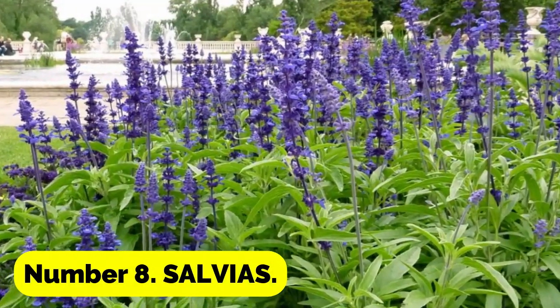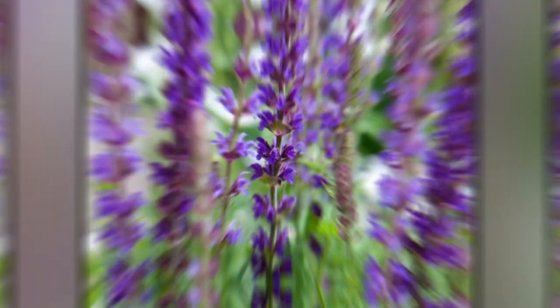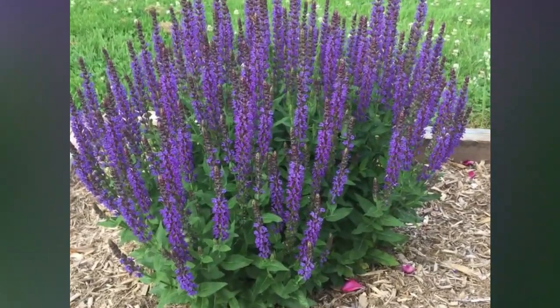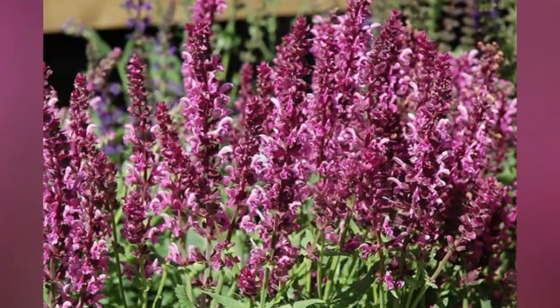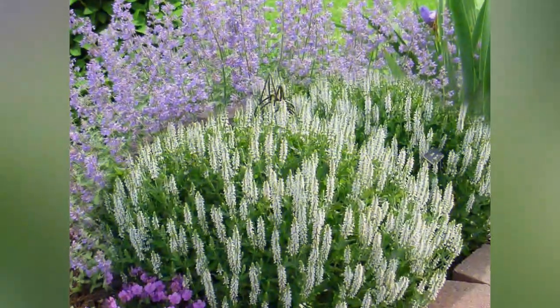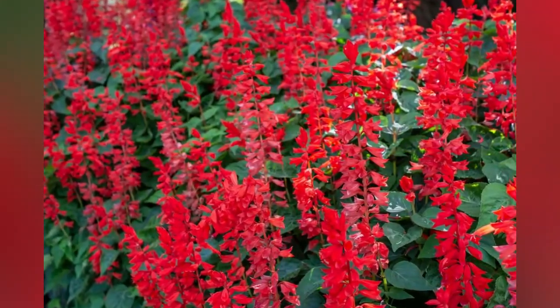Number 8. Salvias. You won't regret learning to plant salvias. Their long-lasting mauve and scarlet flower spires look great in summer gardens. Salvia comes in 4 major varieties: annuals that are heaved up and composted at the end of summer, herbaceous perennials that return year after year, delicate perennials that need overwintering under cover, and shrubby salvias that are mostly hardy but